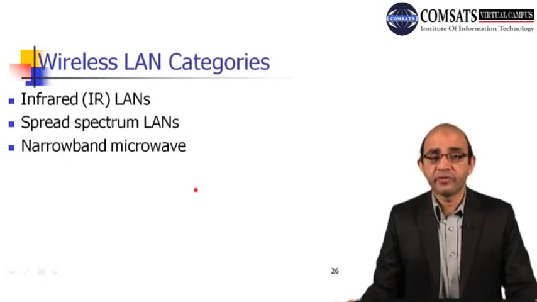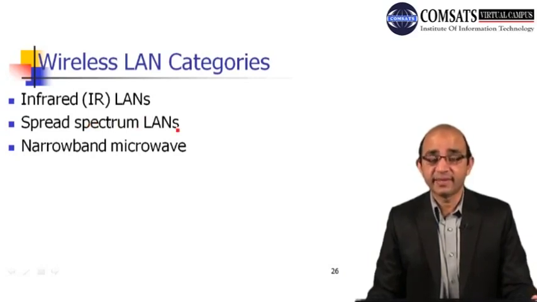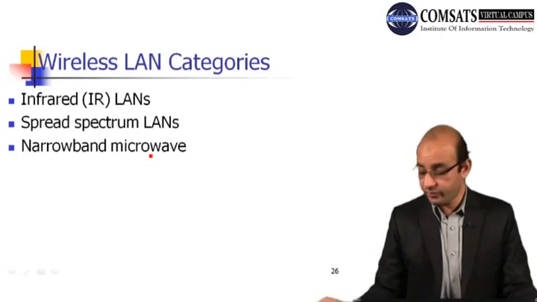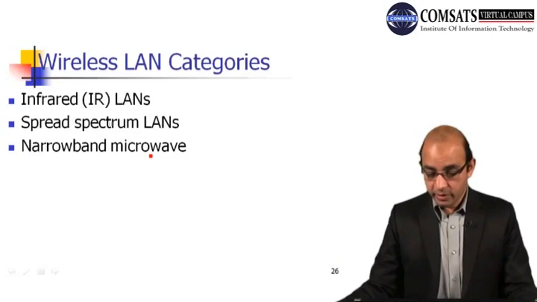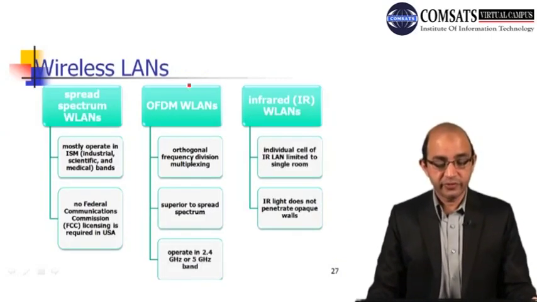So here we have some of the wireless LAN classifications. We have infrared LANs (IR), spread spectrum LANs, wireless LANs that are using spread spectrum technology, narrowband microwave. Okay. So here we have mentioned those different categories. Spread spectrum wireless LANs mostly operate in the ISM (industrial, scientific, and medical)